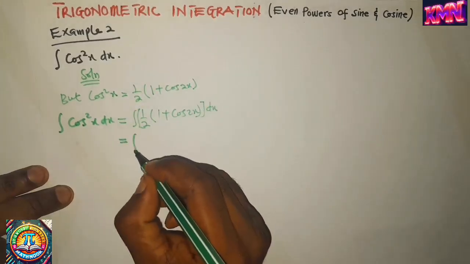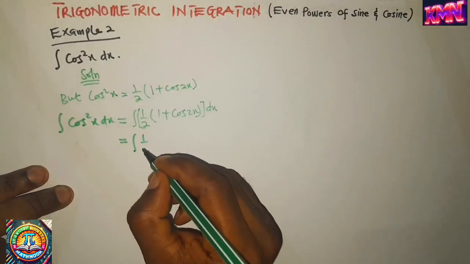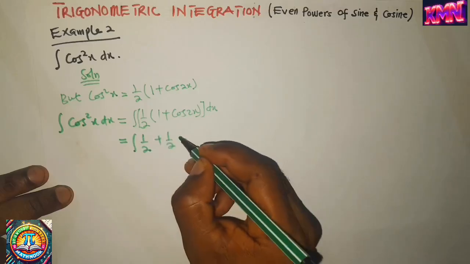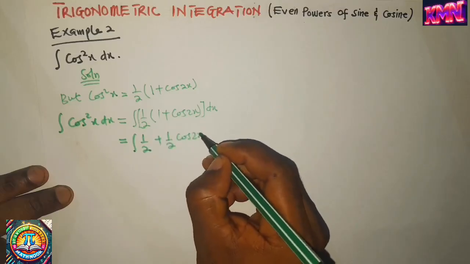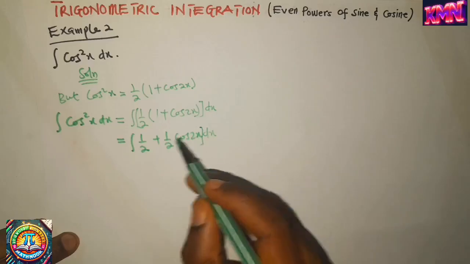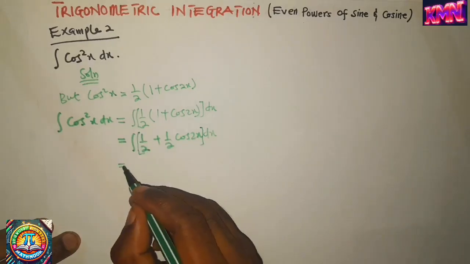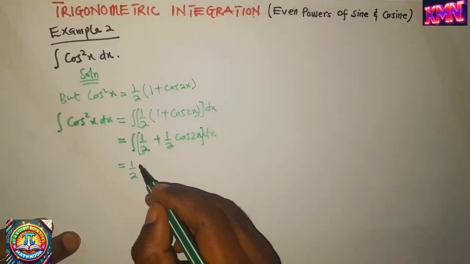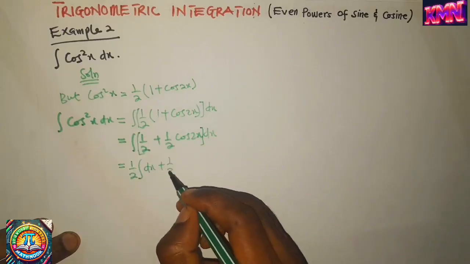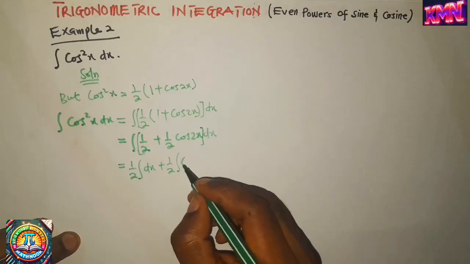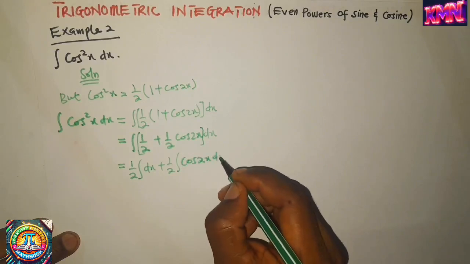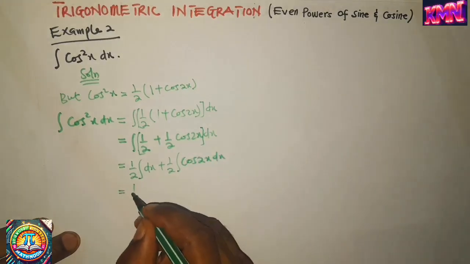We are going to get the integral of 1 on 2 plus half cosine 2x dx. We will have half the integral of dx plus half the integral of cosine 2x dx, and obviously this will give us